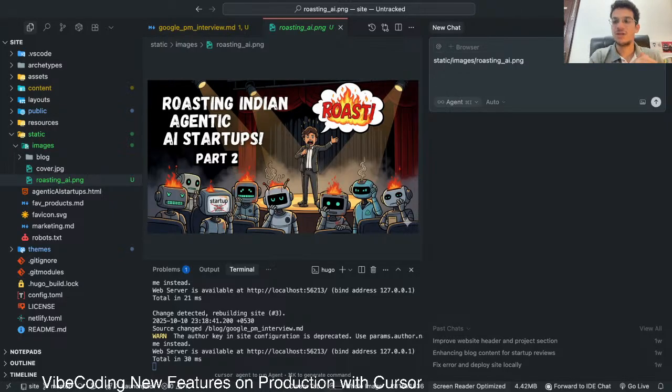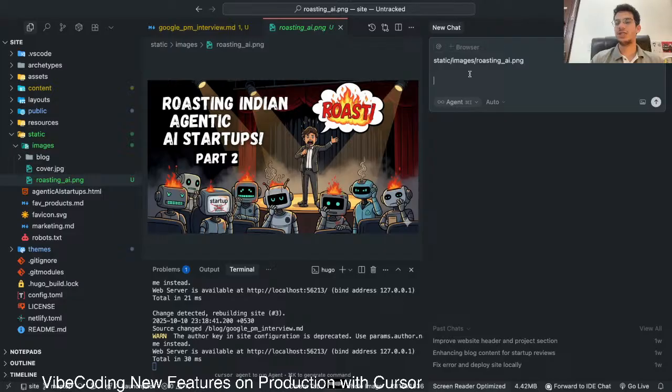So where we are actually just narrating or dictating our requirement, and it just transcribes and pastes it into any input field we are currently working on. So I'll do exactly that. I have listed and provided the relative path for a static image, which is under the static images folder within the code base called roasting underscore AI dot png. I want this to be the actual thumbnail in the project section where the Indian agentic AI dashboard is listed. So could you please essentially ensure that for the project listed the image is the following in the given path,